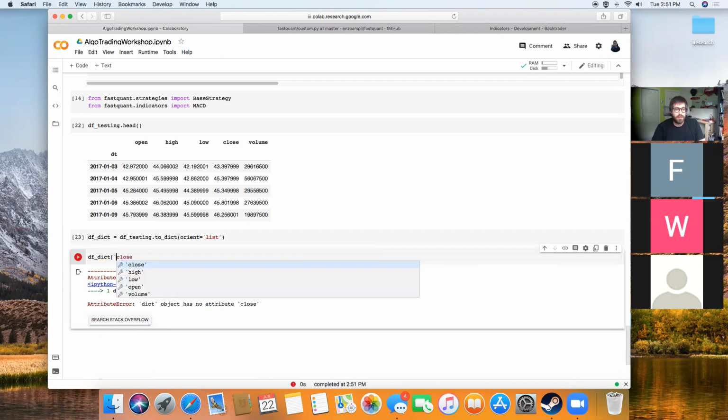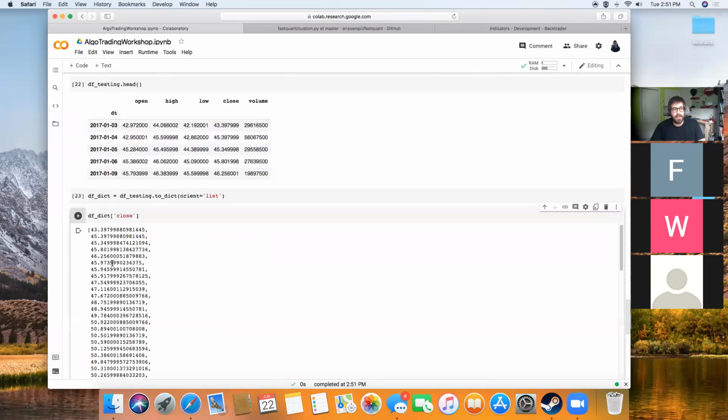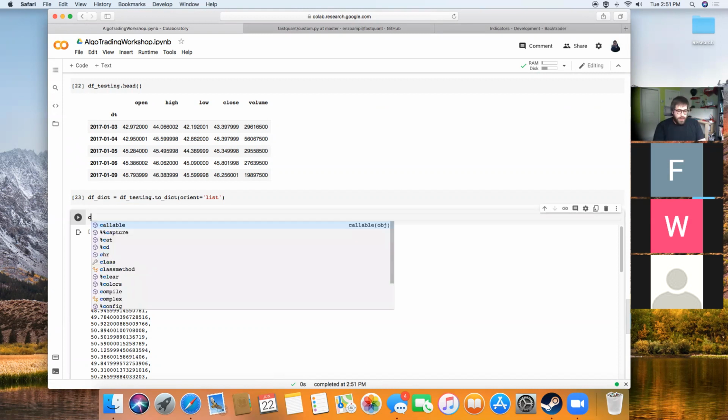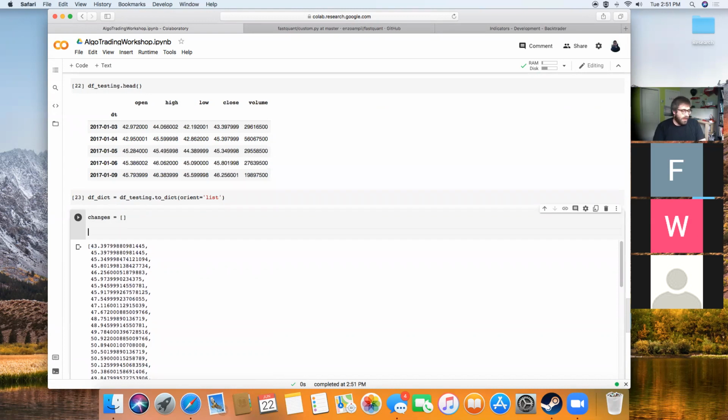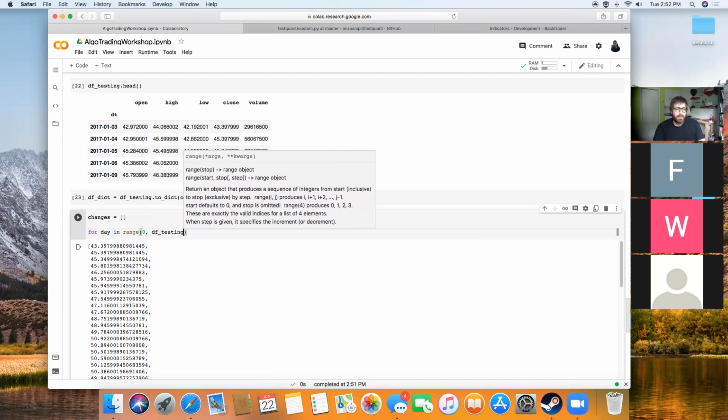I think I should do this, which I'm just doing now. I will be using this array to calculate all the percentage change. Basically, what I want to get at the end is, at this day, for example, what was the percentage change compared to the next 5 days? So I'll have an empty array here specifying the changes, which I will be adding to. And I have a for loop, which goes for day in the range of from 0 to the shape of my